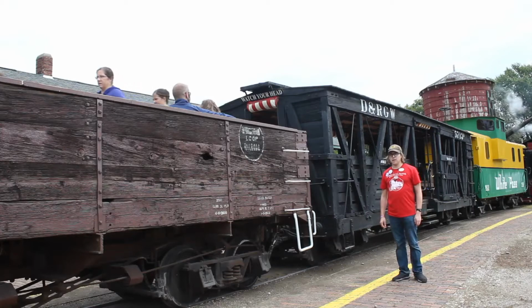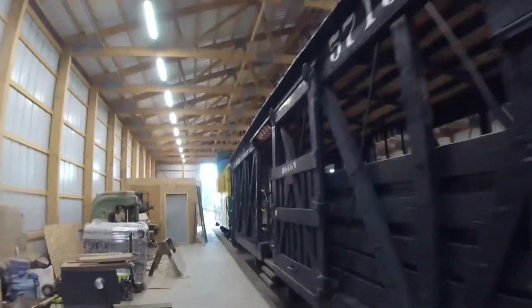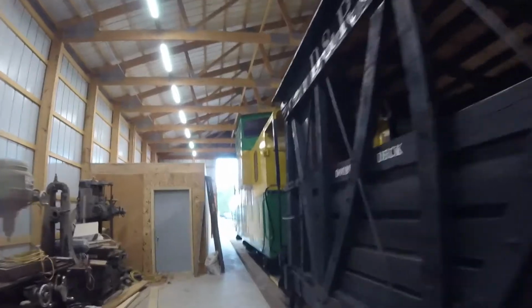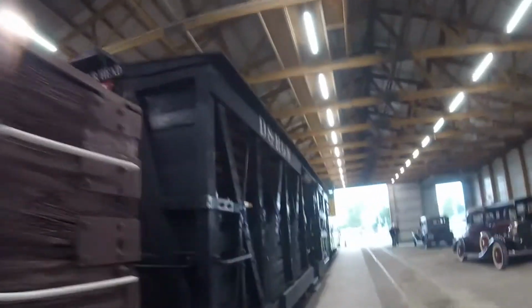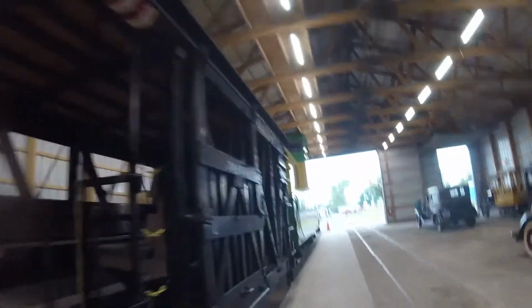What you see right behind me is Denver and Rio Grande 5713. Denver and Rio Grande 5713 was built by American Car and Foundry in St. Charles, Missouri in 1904 and is a stock car. This car once hauled cattle from farms to whatever destination in the past on the Denver and Rio Grande Railroad